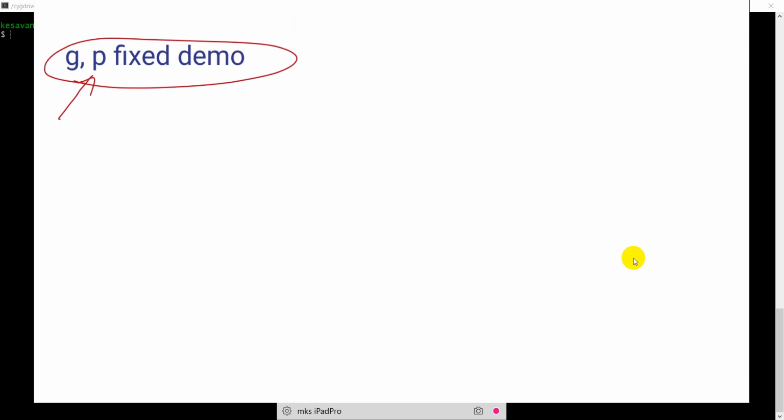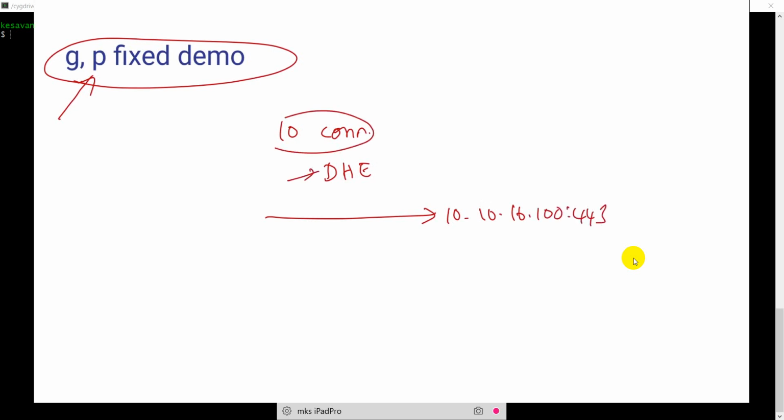We are going to open 10 brand new connections using a DHE cipher to an HTTPS server at 10.10.16.100 port number 443. You will notice that in all 10 connections, it reuses the G value and P value.